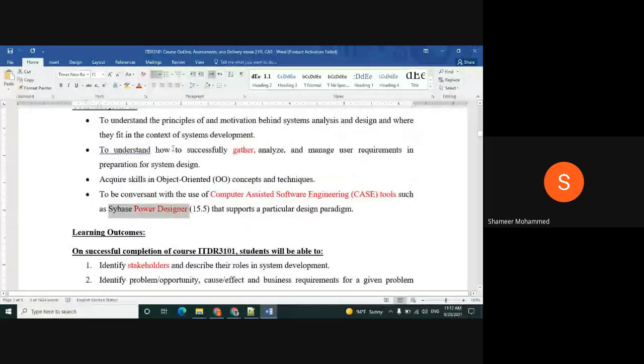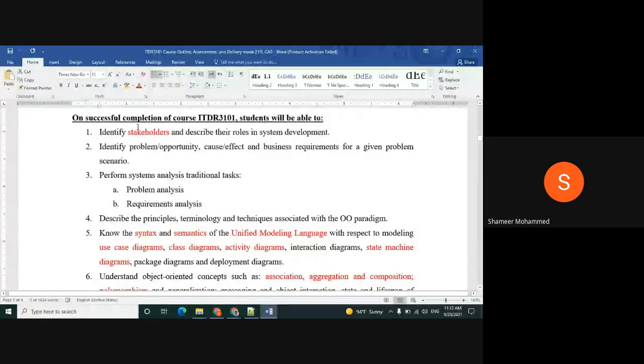Okay, these are the outcomes. After successfully completing this course, you will be in a position to know who is the stakeholder. Stakeholder means the person who is participating in this system's development. What are their roles? What are their duties? So you will be able to understand how to identify the problem, what is the origin of the problem, and what the business requirements are. In order to develop an SIS, what are the business requirements? So for the student information system you want to develop, you have to follow certain requirements like